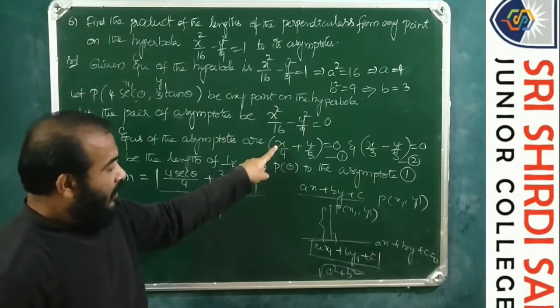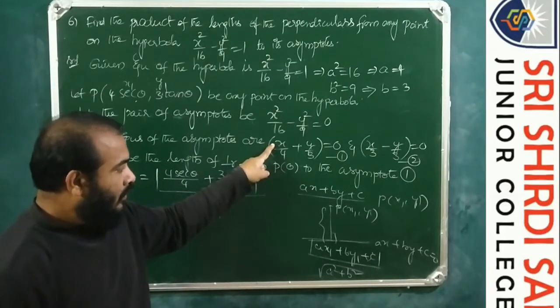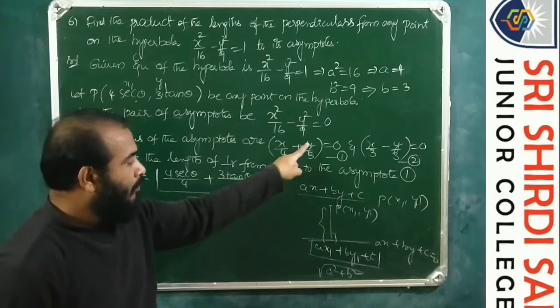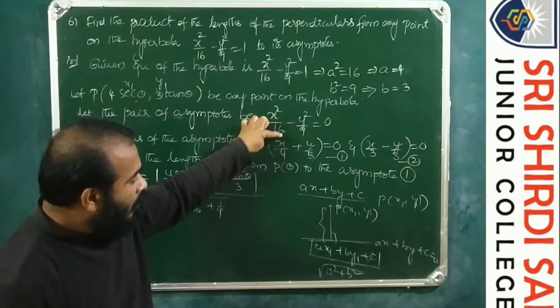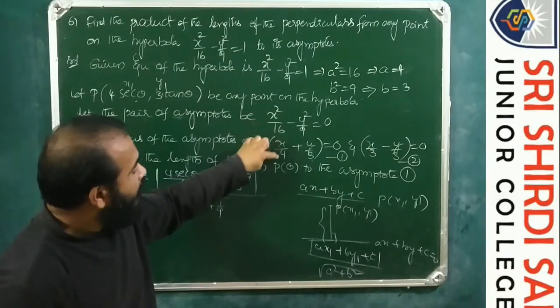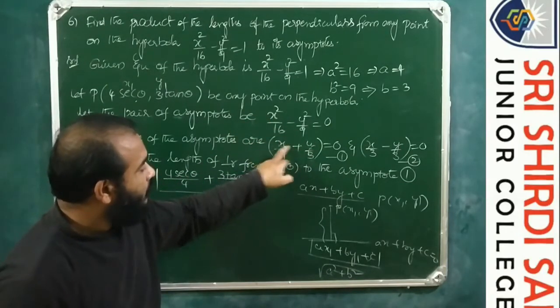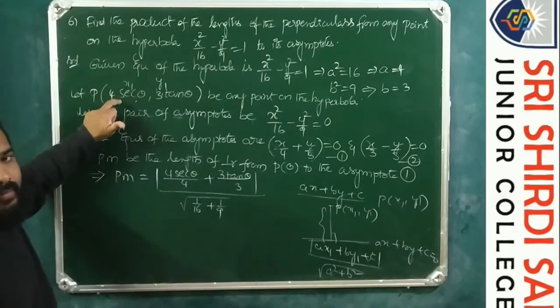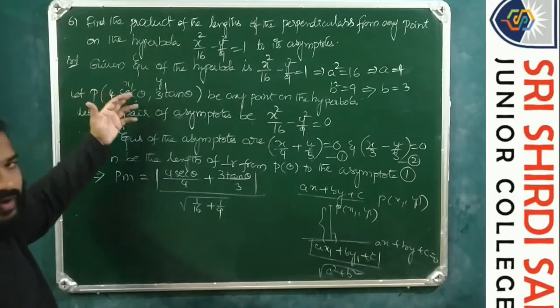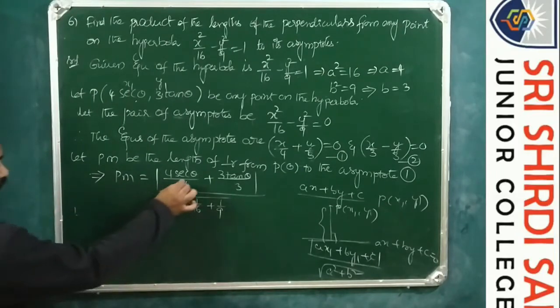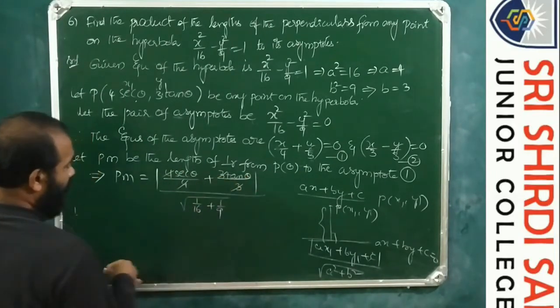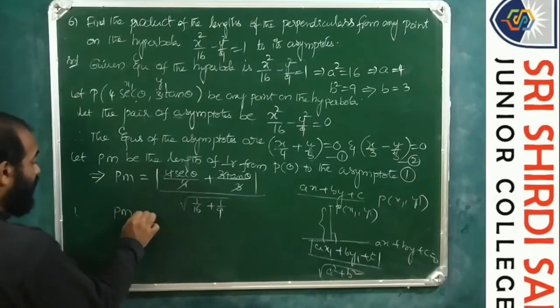So x1 by 4 plus y1 by 3, by the square root of (1 by 4) whole square plus (1 by 3) whole square, where x1, y1 is the parametric point. Let any point we have taken to be the parametric point. Now this gets cancelled. So we get Pm is equal to